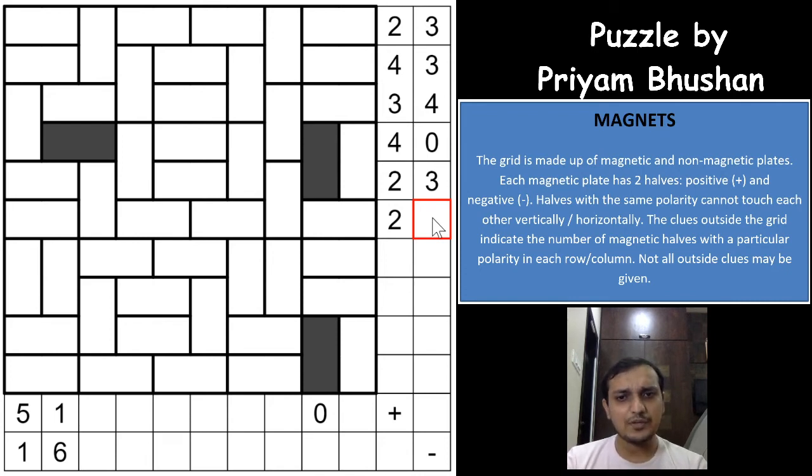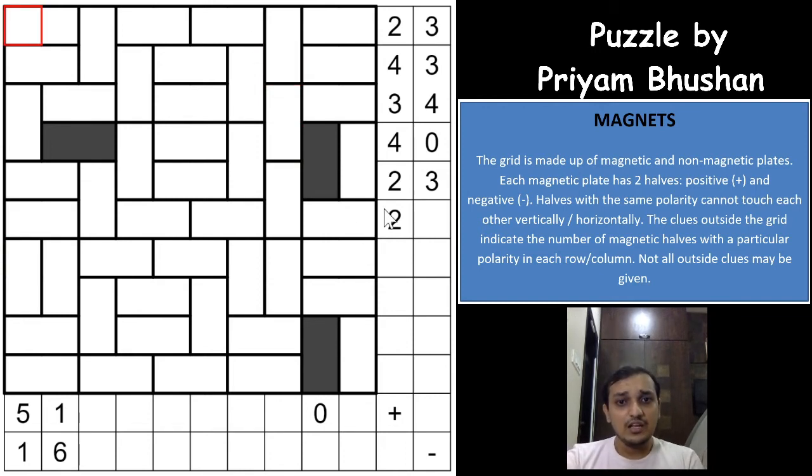In this case, if you see the first 6 rows, all of the regions are inside the first 6 rows. None of the regions pass from the 6th row to the 7th row. There is exactly a line here dividing the first 6 rows from the remaining rows, which means all of the first 6 rows will have symbols in an even number, because if one is a magnet, you will have both symbols. If it is not a magnet, neither will be symbols. So the number of symbols in the first 6 rows will have to be even.